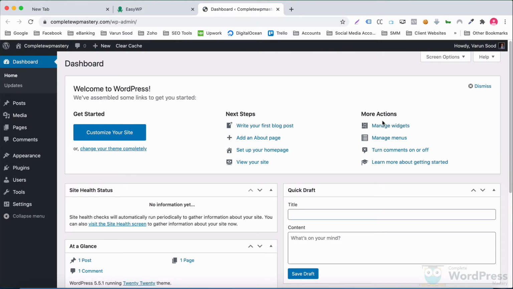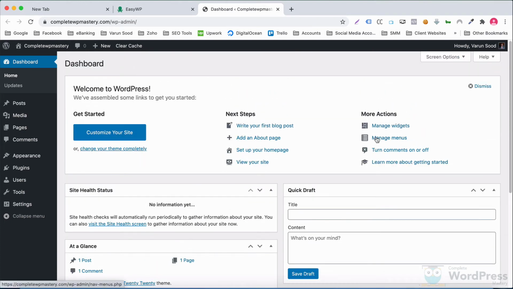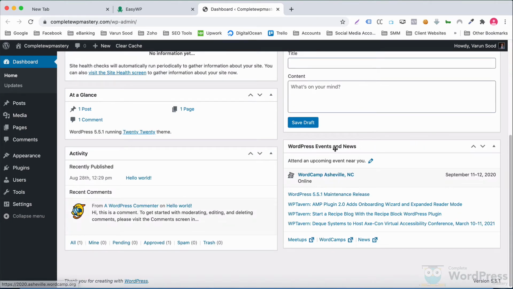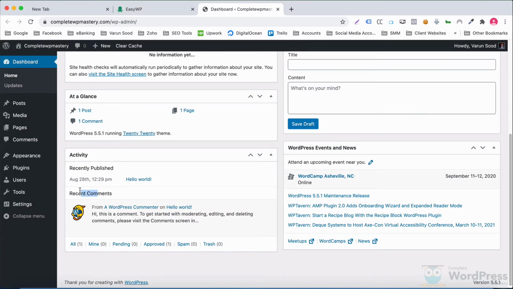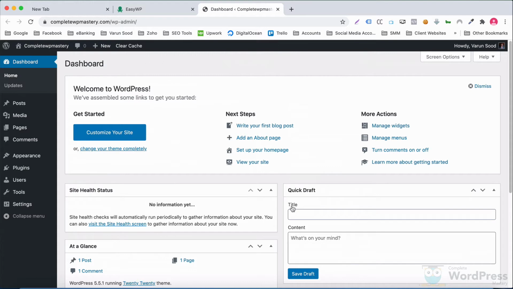Welcome to the WordPress dashboard. Dashboard is the homepage of WP admin, and it gives you an at-a-glance overview of what's happening with your website. The different blocks that you see on this screen are called widgets. You can catch up on upcoming local events and the latest news from the official WordPress blog, view recently published posts, view the most recent comments and moderate them, and so on. It's like a bird's eye view of operations from which you can swoop down into the particular details.